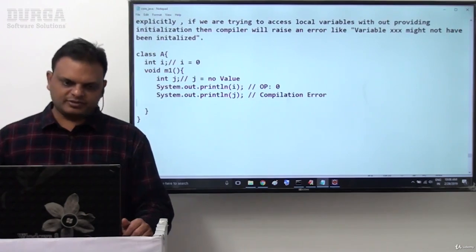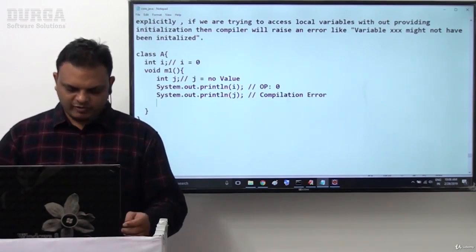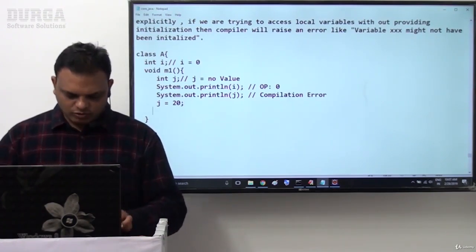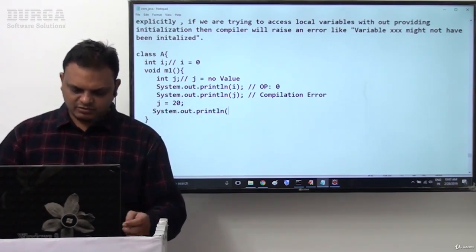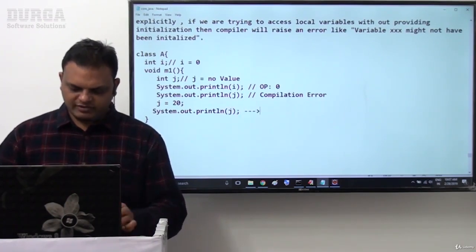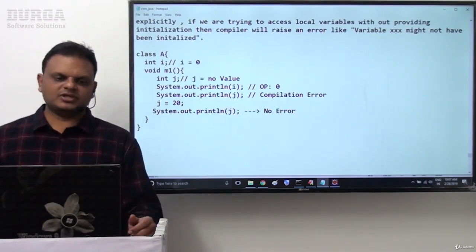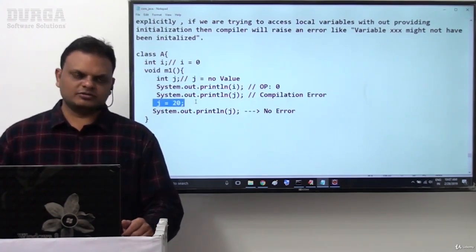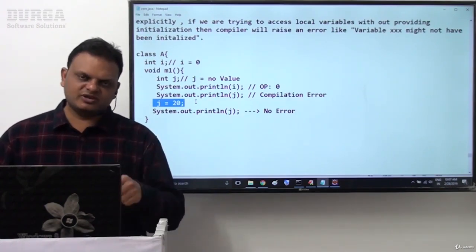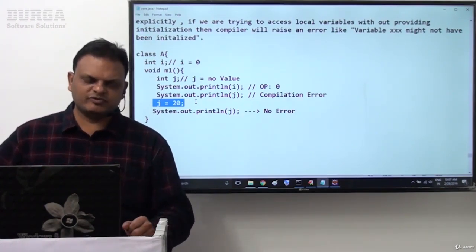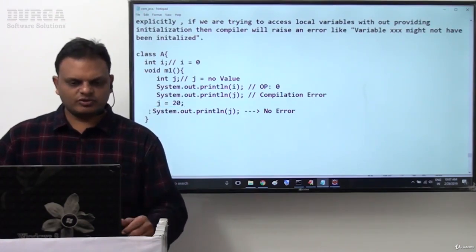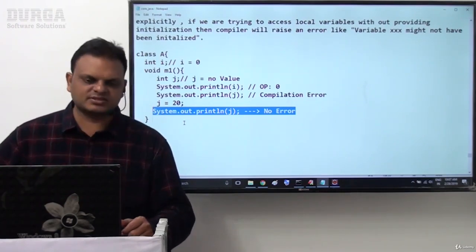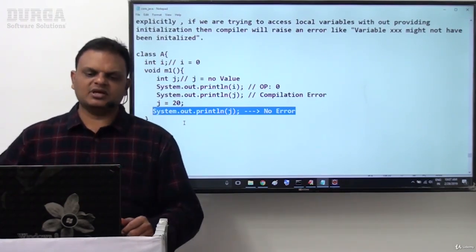For example, if I provide j is equal to 20, and now display system.out.println of j, we are not going to have any compilation error.